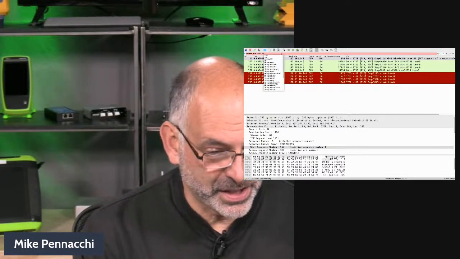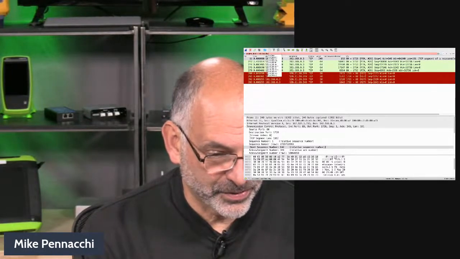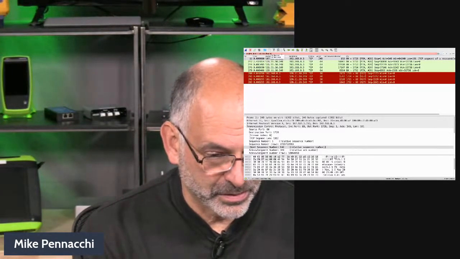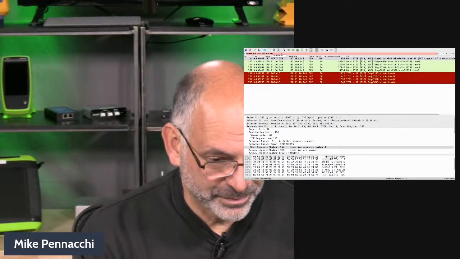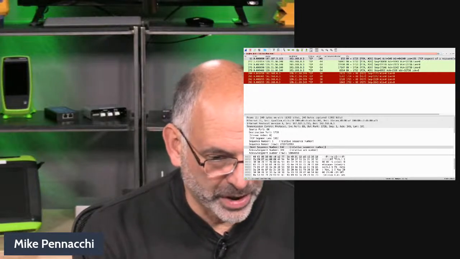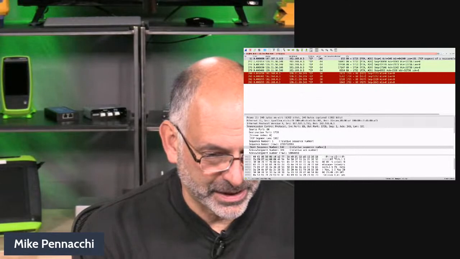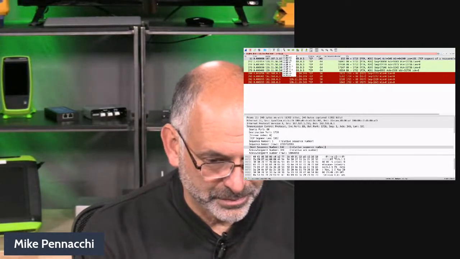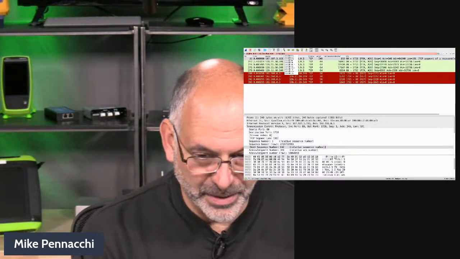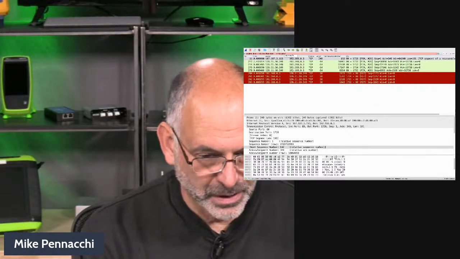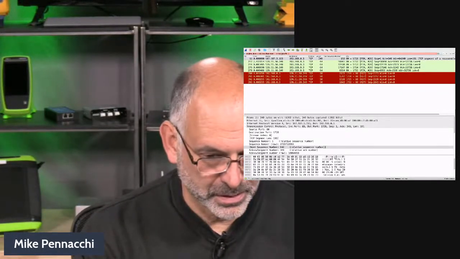We could say TCP dot flags dot reset equal 1, or TCP dot flags dot fin equal 1.